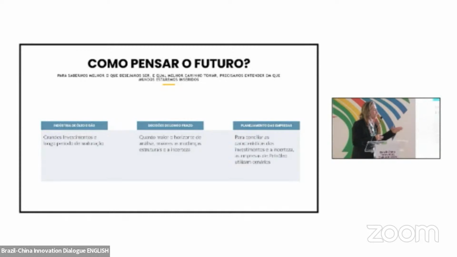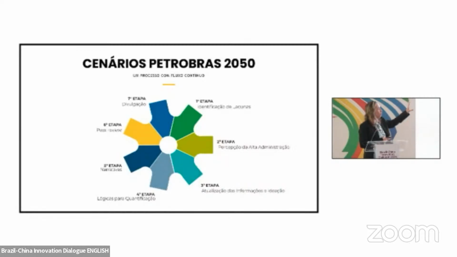So we have to balance the investments with the uncertainties that we have in the external environments, because we will find uncertainties and obstacles along the way, and the oil companies are actually questioning themselves quite a lot right now. So if you don't follow the industry, you probably don't know, but we have a lot of companies that were joining the low carbon era, but they're actually taking a step back now. And so we want to be very assertive. We want to make a very solid turn and not look back.